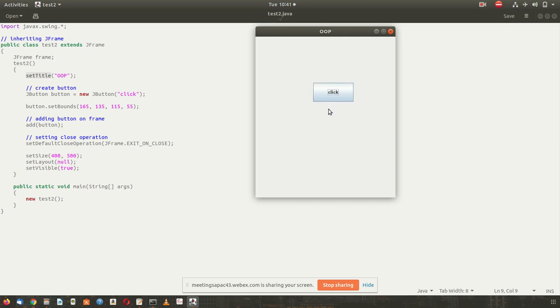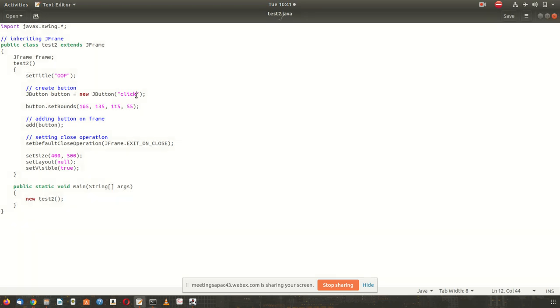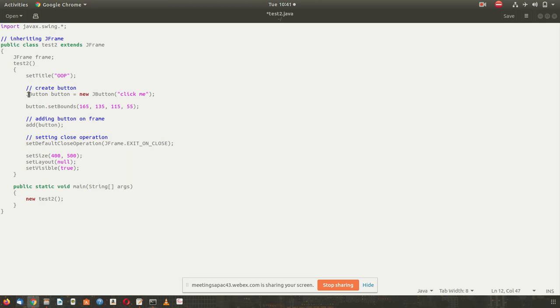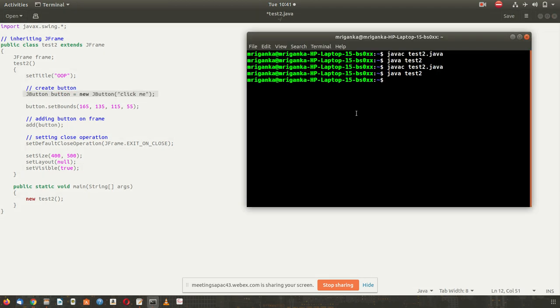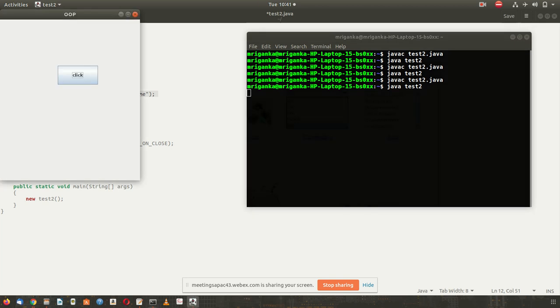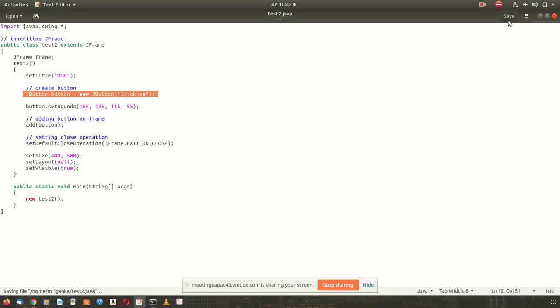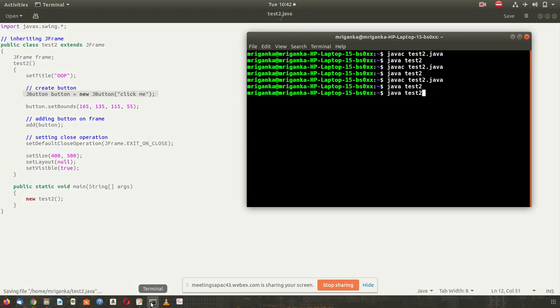Then this particular button can be added with this command. This is a command, JButton.